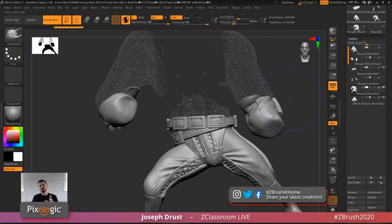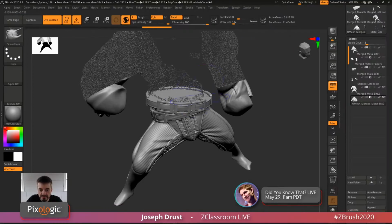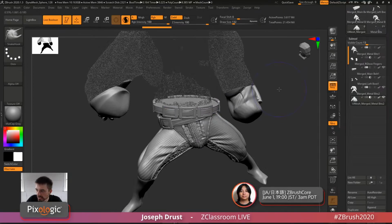Because that upper torso is sitting in the same position as parts of my body, which consists of those legs, and it's pretty much the same surface area there. So if I use the Boolean on it, I'm going to get something like this, and I don't want that. I could inflate this part of the mesh and make it larger, which would get rid of that offset and allow me to subtract it. However, now I'm modifying that mesh, and so I'm not going to get a clean cut from where it hit the belt area, right? So instead of doing all that, I'm going to go to the body here,